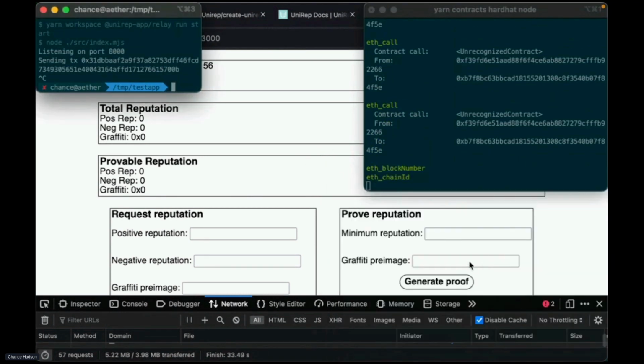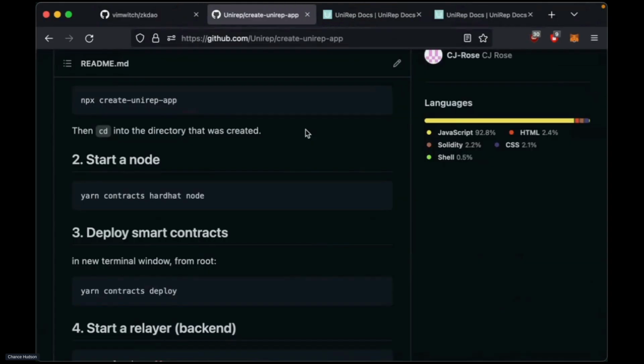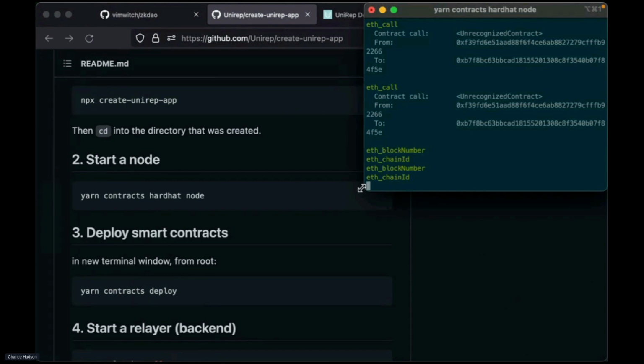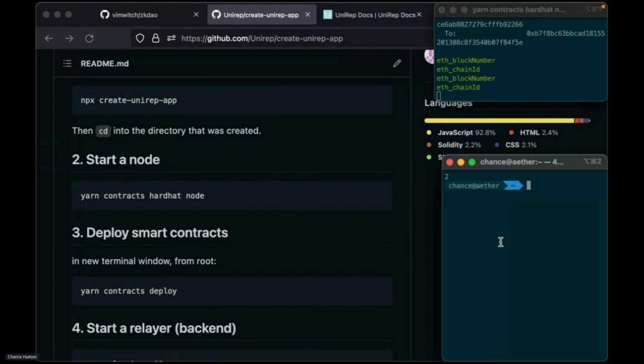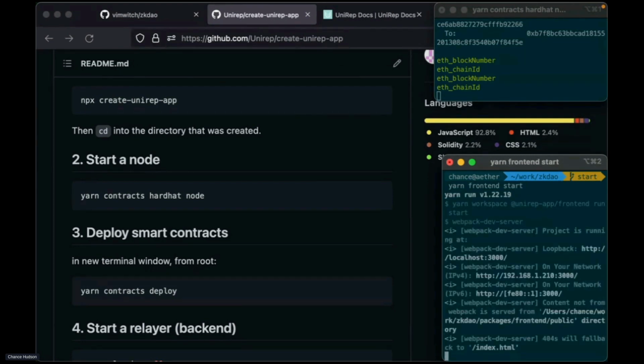So in this talk, I'm going to try to go from just this to a ZK DAO. But I'm going to cheat a little bit because building the front end for an application like this is kind of lame. So before this talk, I went ahead and built a front end, and I built the contracts as well. And then I sort of erased the contracts and erased the relay logic and just left the front end. So we'll take a front end and try to build the contracts and relay to go with it.